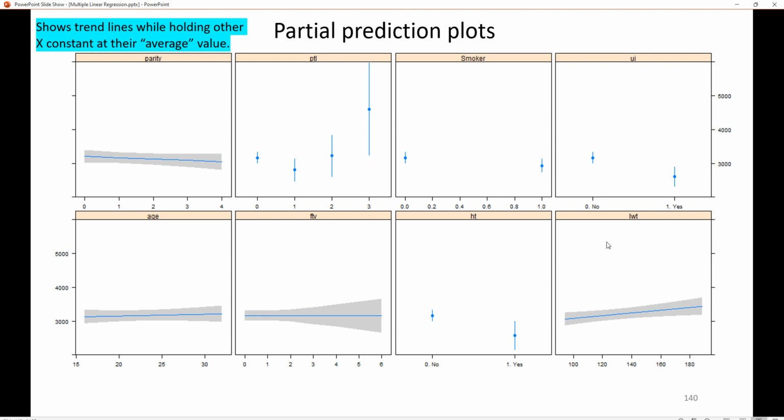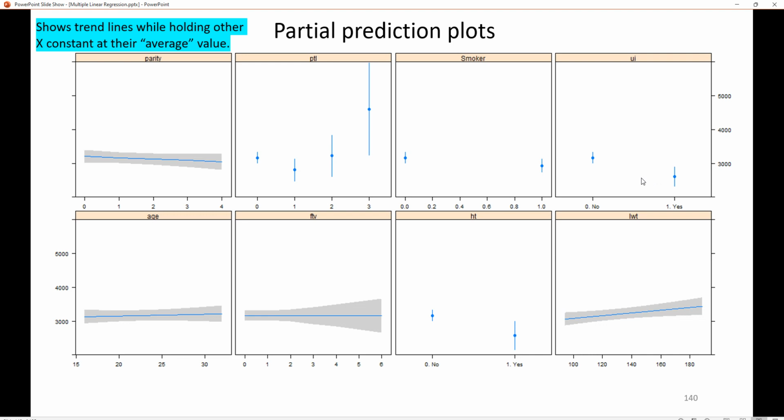We can see more on those trends, and we can see which direction they point to. Parity may not be significant, but let's look at LWT, last weight, on the bottom right. We see as the mother's weight increases, so does the baby's weight. And for history of hypertension, we see those that have the history have babies with lower birth weights, as well